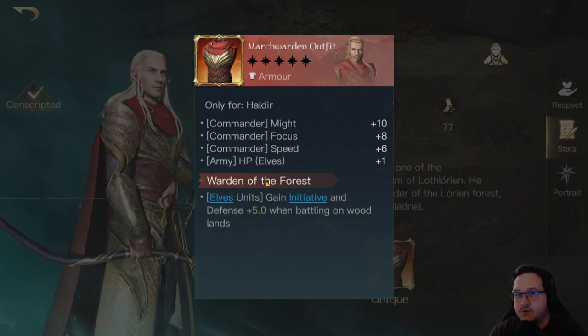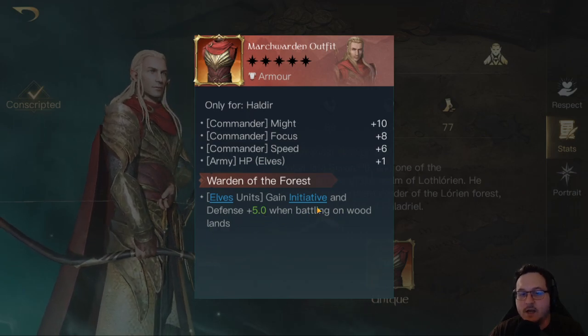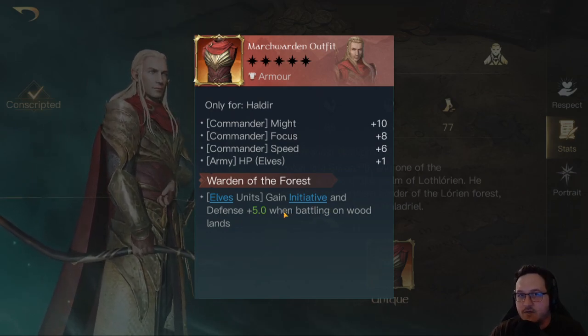So this is a little bit tricky. The way they worded this is actually quite poor. So Warden of the Forest says, elf units gain initiative and boosted defense when battling on woodlands. And the reason I say this is a bit tricky is the way it's worded. You would think, and I thought this too, I think probably everybody thought this when